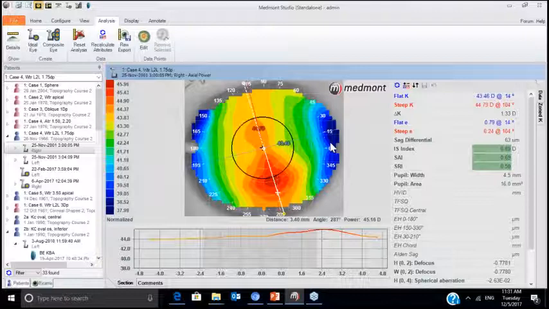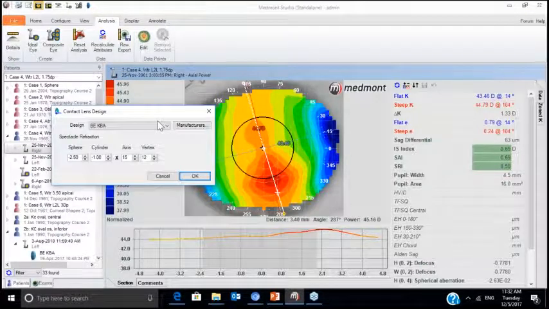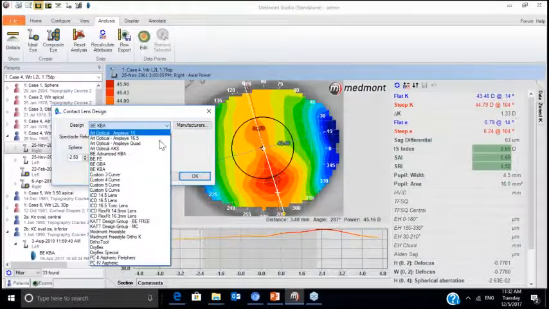So if I did my math right, that's 63 microns of difference in height between the flat and the steep meridian. So in other words, the height of the eye this way compared to the height of the eye across the steep meridian of the cornea is 63 microns different. In other words, 63 microns deeper this way. So if we were to place a rigid contact lens on this patient, there would be landing along the flattest meridian of the eye, but we'd have 63 microns of fluid here